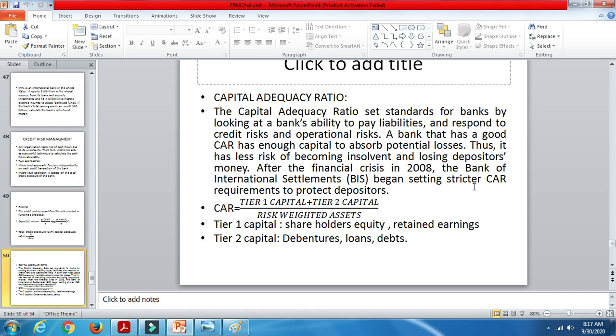Basel Accord is nothing but the banking rules that have been introduced. The Basel Committee, housed at the Bank for International Settlements, sets a framework on how banks and depository institutions must calculate their capital assets. In 1988, the committee decided to introduce a capital measurement system commonly referred to as Basel I.